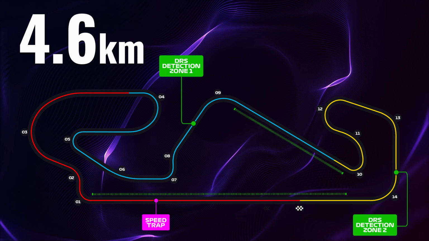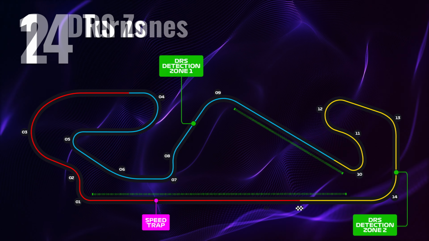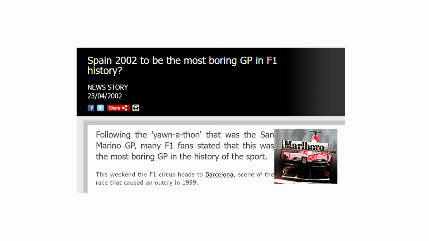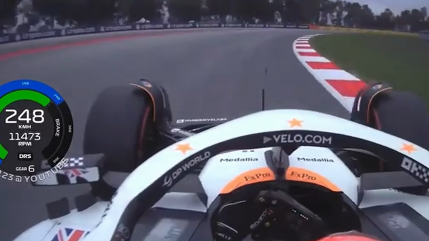This track is 4.66 kilometers long, which is about 3 miles. It has 14 corners and 2 DRS zones. Despite the challenging nature of this track, the Spanish Grand Prix often ends up being a fairly boring race as there are not many passing opportunities on this track. This track is known for its challenging turn 3, which is a long, high-speed right-hander generating